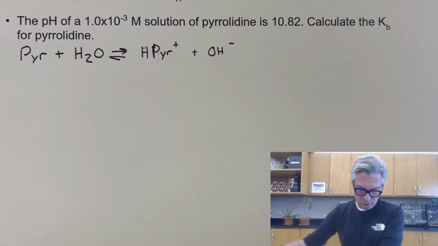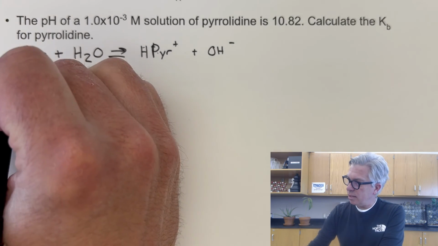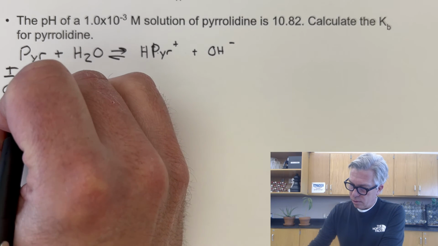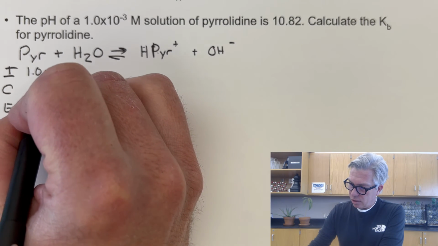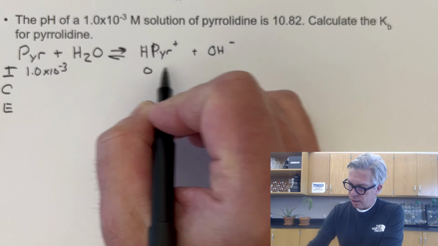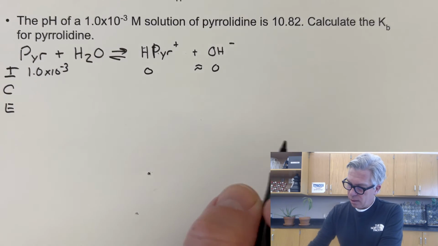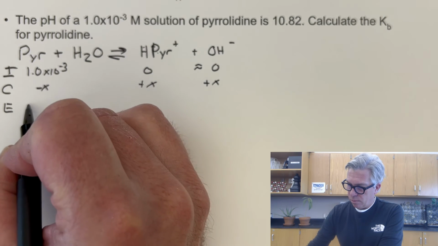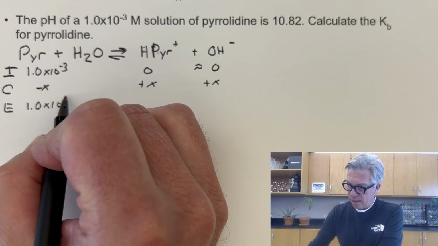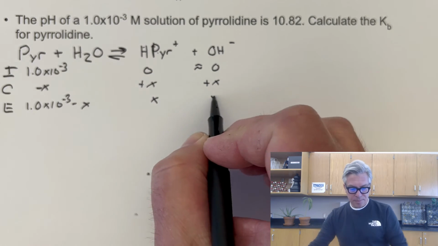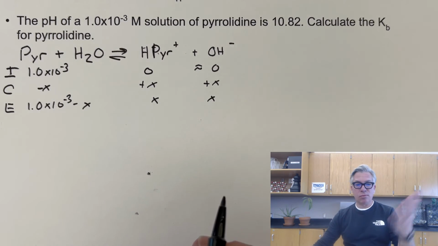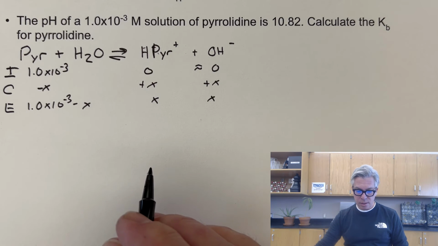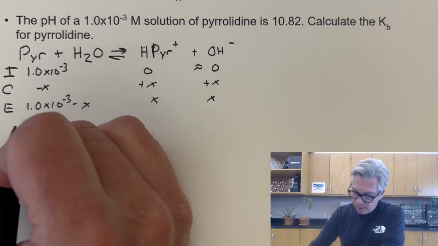And it's going to be a similar process to before. We're going to do an ice table with our initial molarity 1.0 times 10 to the minus third, 0, and approximately 0 for the OH. It's going to go down by x, and up by x. 1.0 times 10 to the minus 3 minus x, and we fill out our ice table. Hopefully by now you're kind of just doing these practically without thinking, the ice table parts anyway. Okay, so if I'm going to find Kb,